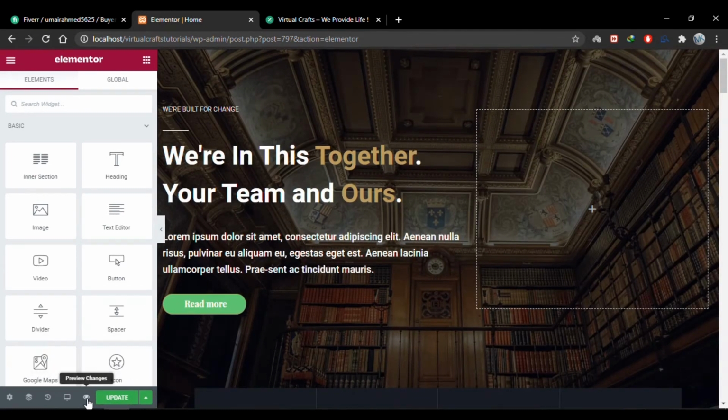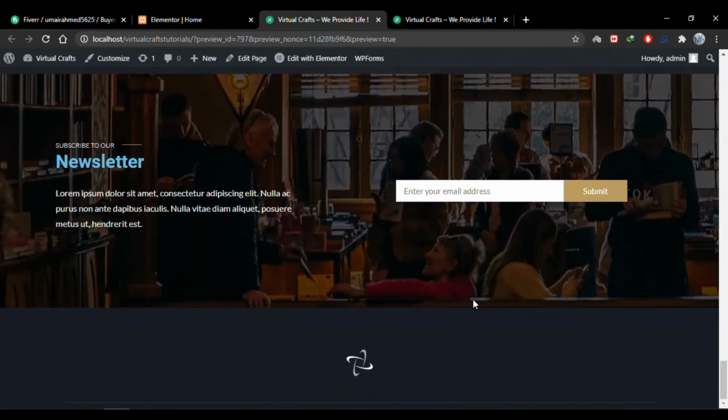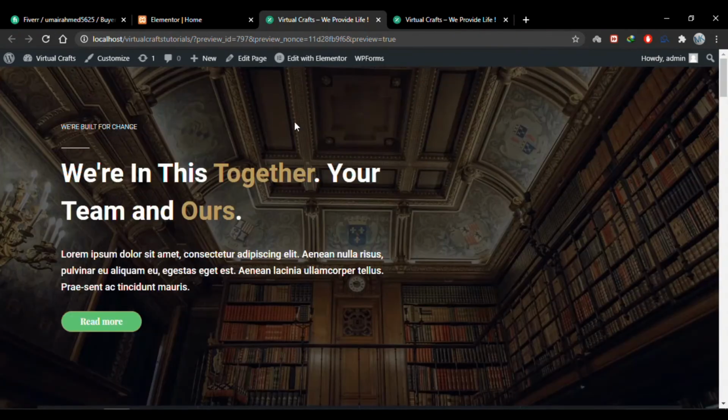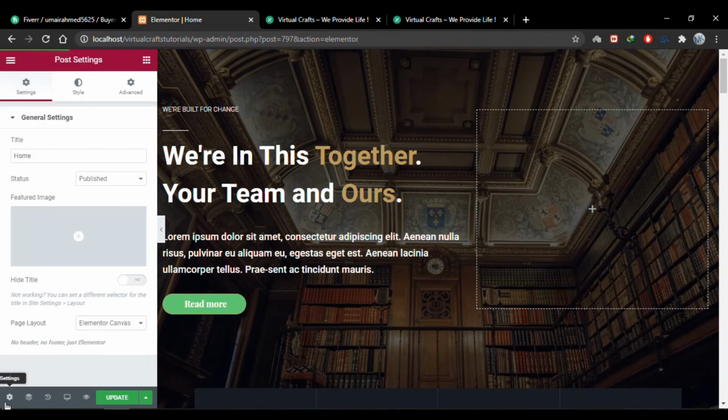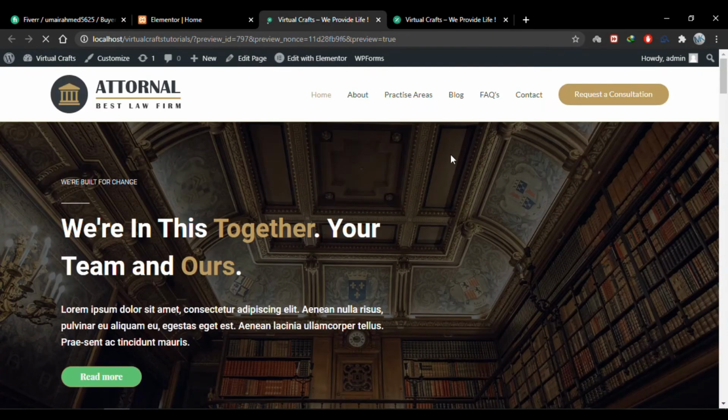Now we have this preview changes icon. Click it. Now you'll see that the header is gone, and so is our footer. We only have the content that lies inside the body of our page. Now go back to your editor and change the page layout to page builder again, update it, and now you'll see that the header and footer will come back here,